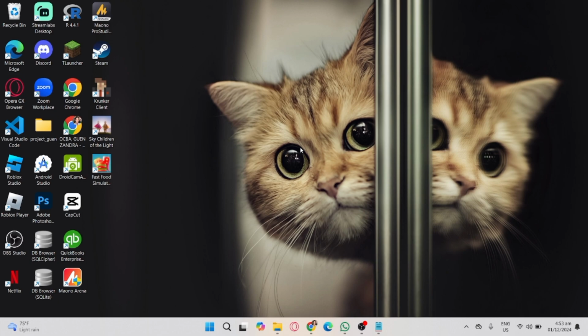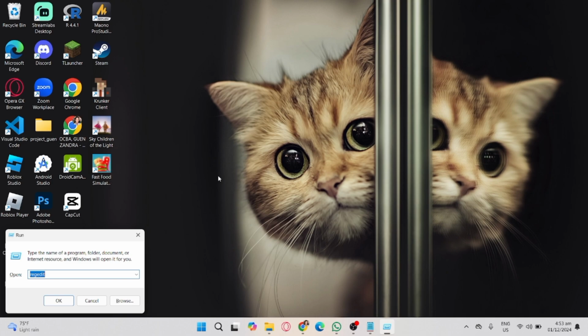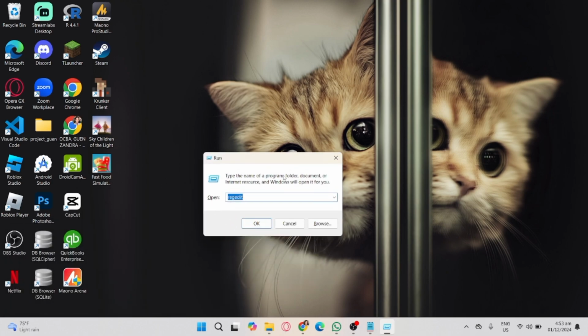If you're part of a corporate network, you may need to contact your IT department for access. Now, stopping the CrowdStrike services will allow you to delete or modify files related to the update. First, you will need to press Windows plus R to open the Run dialog, and then type the